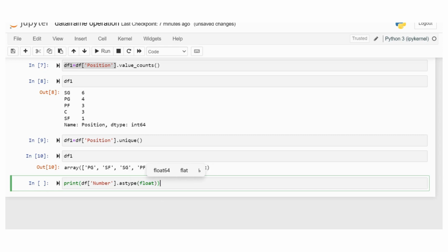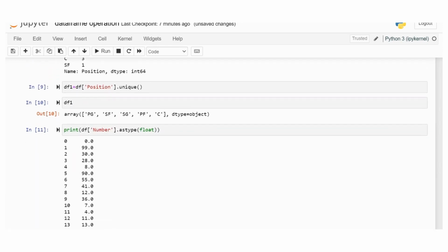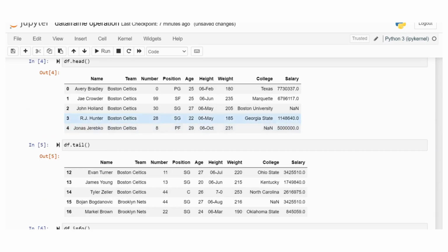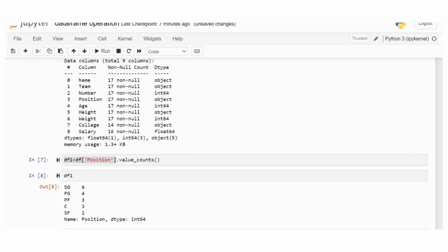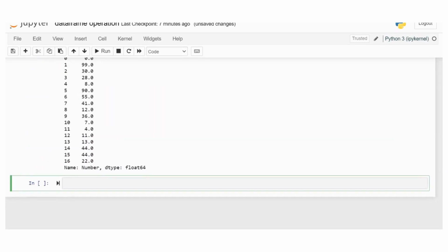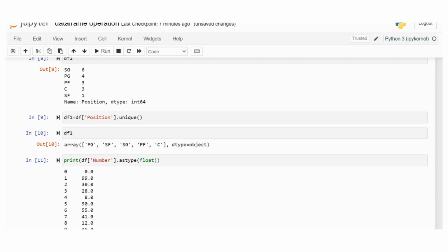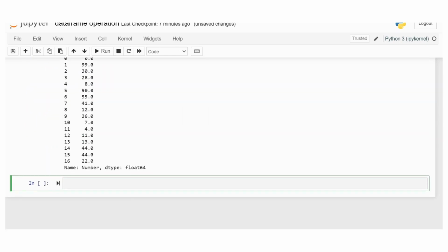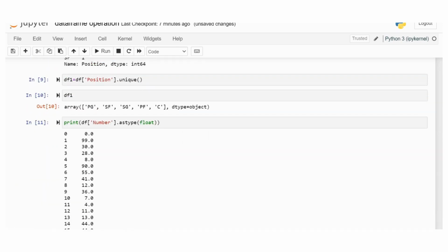Now run this code: all numbers were integers, and now all number columns are converted into float. Similarly, you can convert integer to object or character to integer. Apply the same astype method and convert to any format.